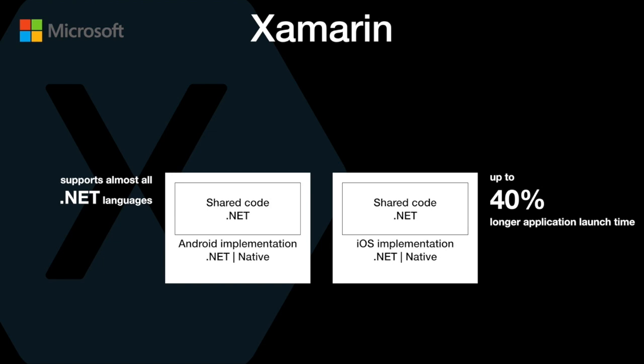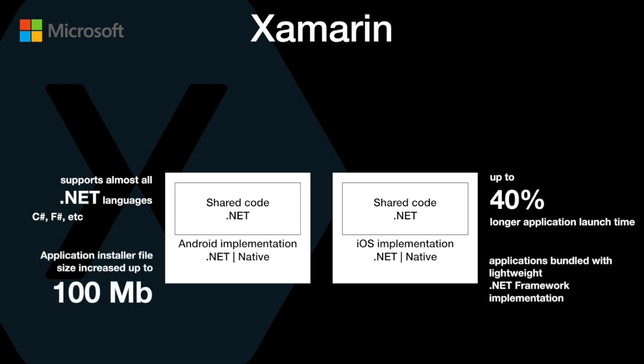The problem with Xamarin is that you have to include this .NET framework implementation, and it can really increase your application size. Even then, it's lightweight, and unused classes are removed from these implementations. Sometimes when you are really dependent on the .NET platform, using a lot of inner classes, the application is bloated. I read in some reports that it could increase up to 100 megabytes, but I tried to find some